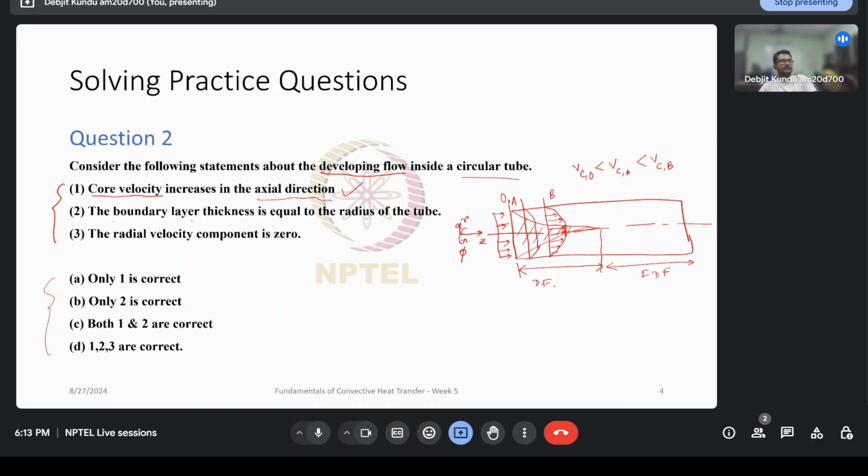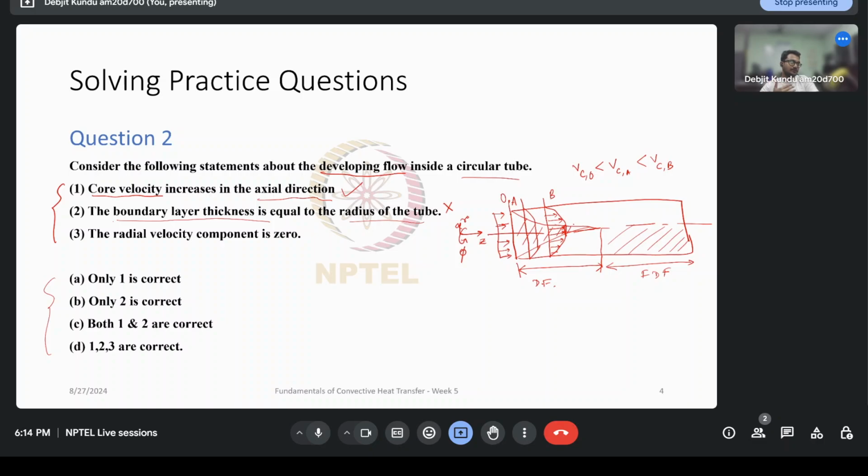Now, statement 2 says that the boundary layer thickness is equal to the radius of the tube. It only becomes equal and remains equal in the fully developed region. That is, by definition. So before fully developed region, the boundary layer is still growing. So its thickness is still increasing. It cannot be equal to the radius of the tube, which is why this second statement is false. And also, statement 3 says that the radial velocity component is 0. That is also false because due to these,